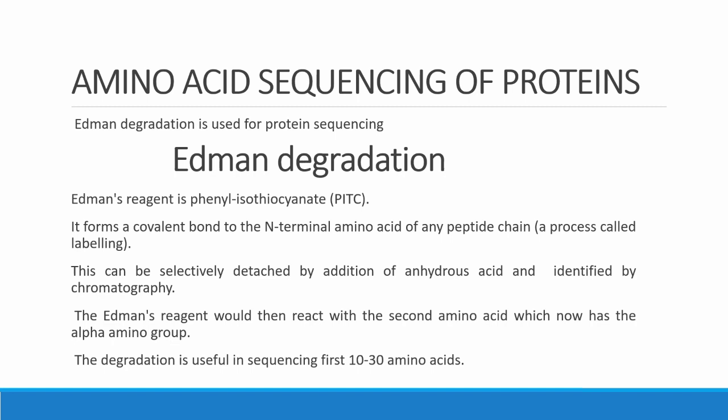An example of this anhydrous acid is sulfuric acid and HCl. Now an anhydrous acid is an acid that water hasn't been added to, which means it's not diluted and is in its most concentrated form. Now after it has been detached, it is then identified by chromatography, and then the Edman reagent will react with the second amino acid, and then it goes on and on. Now this Edman's degradation is best done for 10 to 30 amino acids. Now above this number, sequencing by Edman degradation becomes not so reliable,